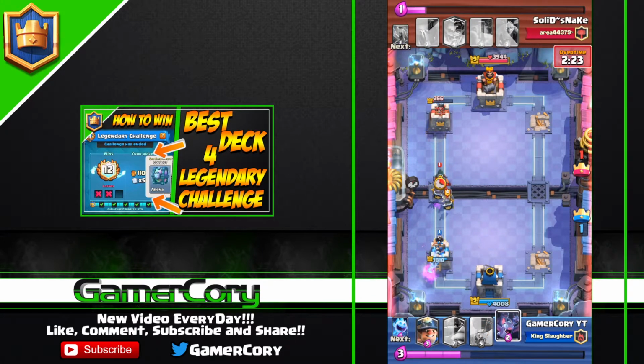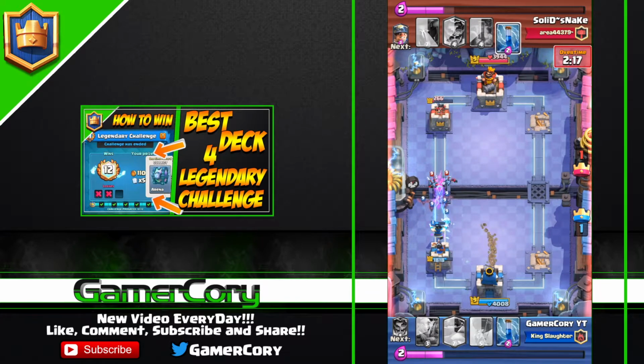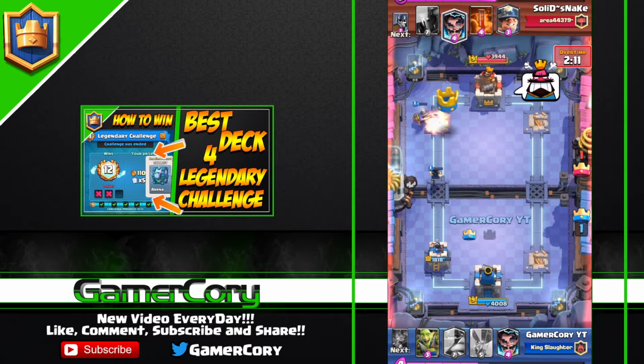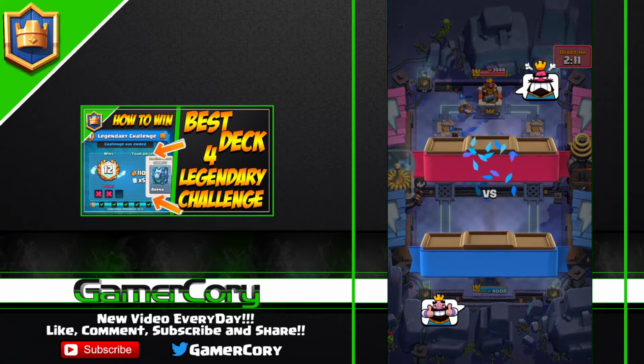I'm going to use my Electro Wizard to take out the rest of the Miner and a little bit of the guards, and then it does take the dash of that. So the Miner goes in, and this is where I just need to finish the chip damage. He obviously knows that he is going to lose right now, and then I'm just going to go ahead and zap, get a little bit of extra damage right there, and we're able to get a 2-crown victory just because